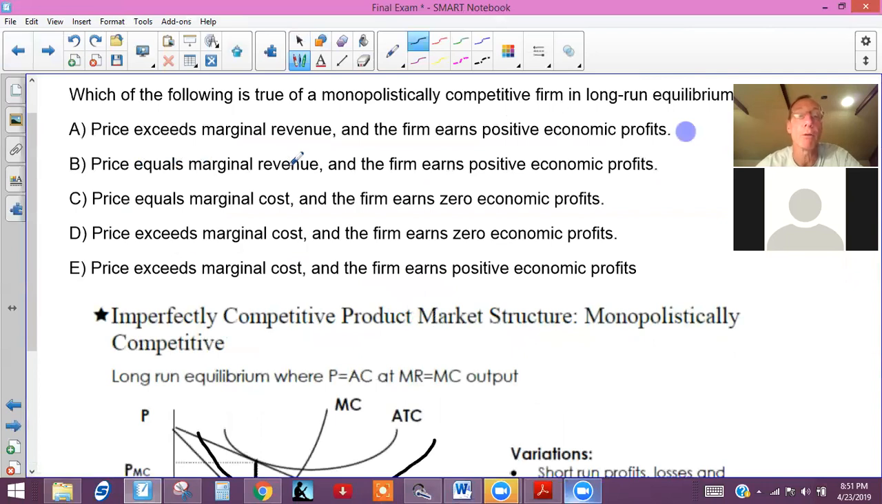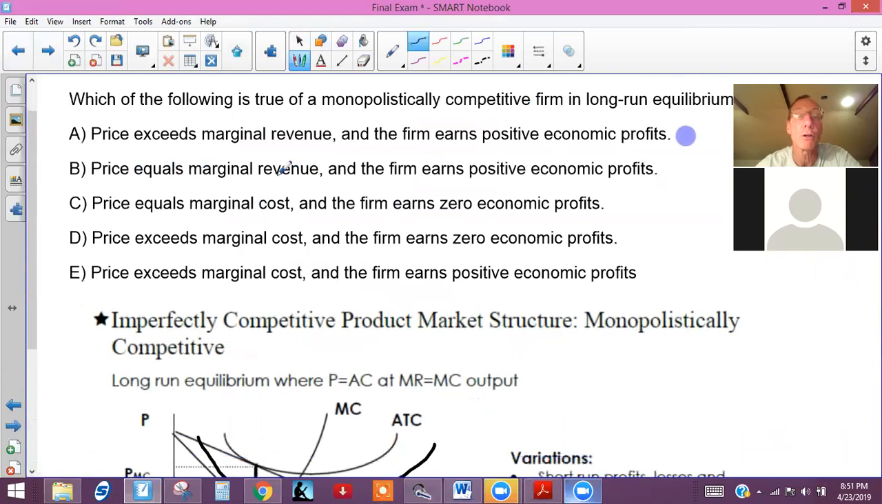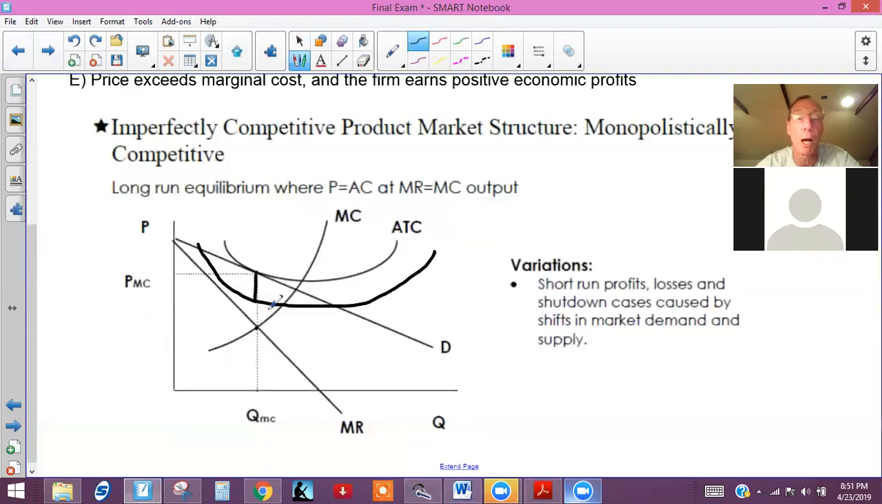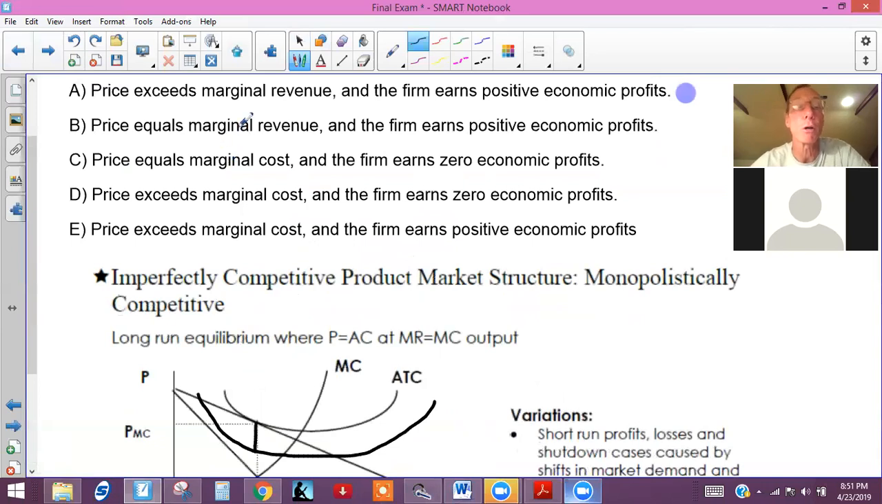Equals marginal revenue. No, not for a monopolistically competitive firm. Price never equals marginal revenue. Price is always above marginal revenue. So price only equals marginal revenue,